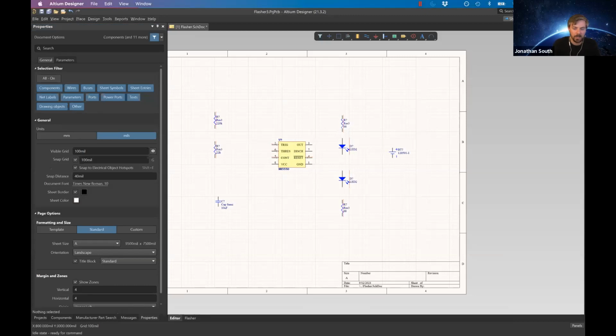Anyone run into any major issues with getting the correct components onto their schematic? May not have them routed yet, or maybe you do. Now's the time to speak up if there's any troubles. We will be taking a break very soon once we've got this wired up, and before we go into the PCB design. I usually take a break after an hour, give a chance to stretch your legs. All right, assuming everyone's okay, we're going to start